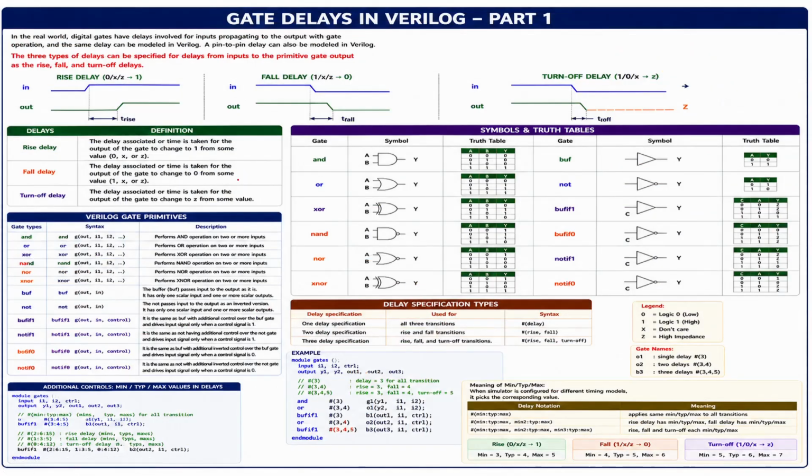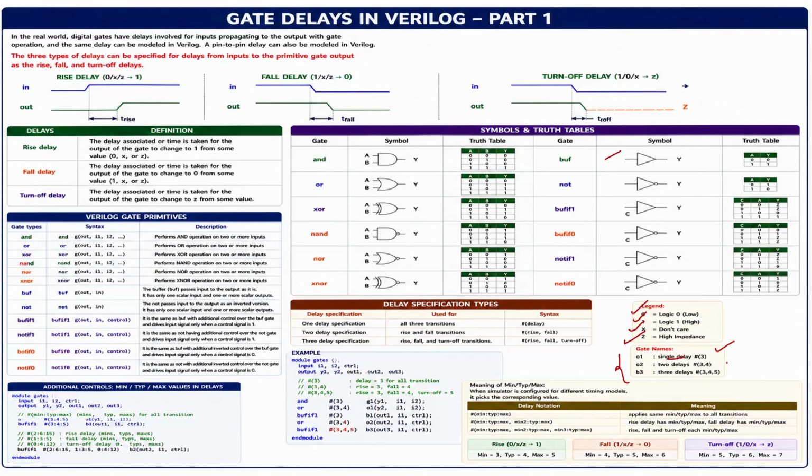Same thing here also there. Okay, all the delays. So some examples are there. Buffer symbols and all these things. We are having low value means 0, high value means 1, unknown value means don't care. High impedance value is Z, and then gate notations like